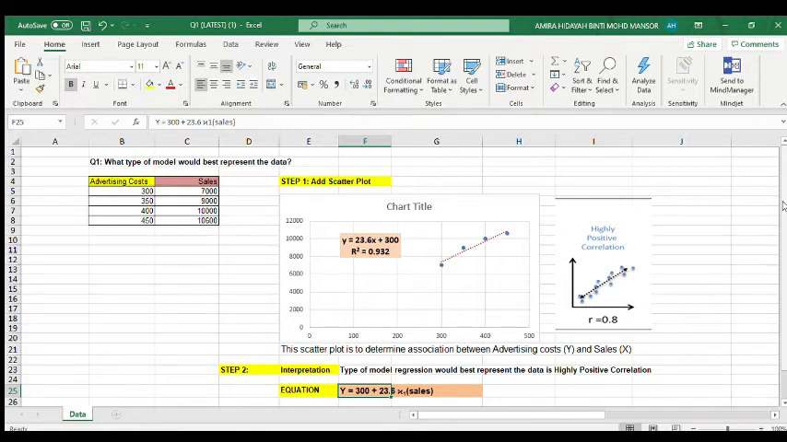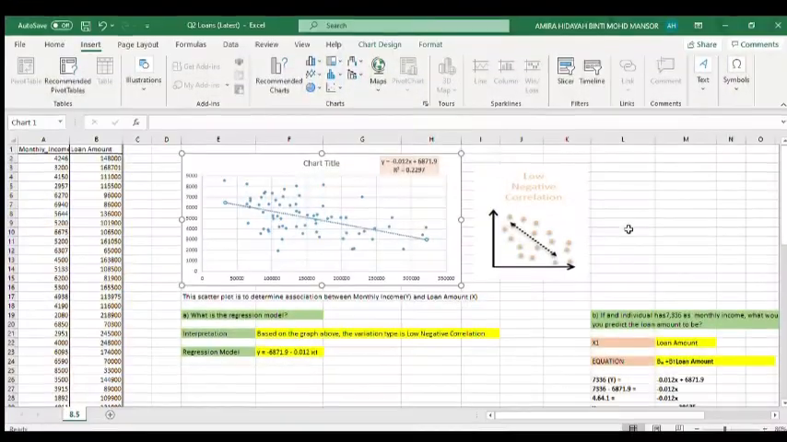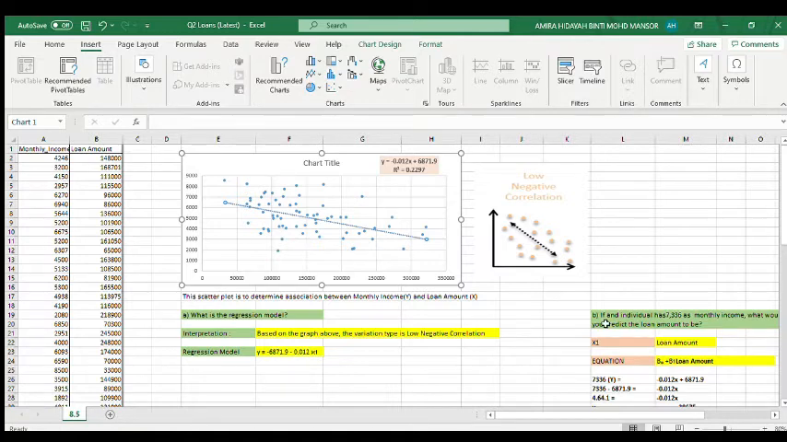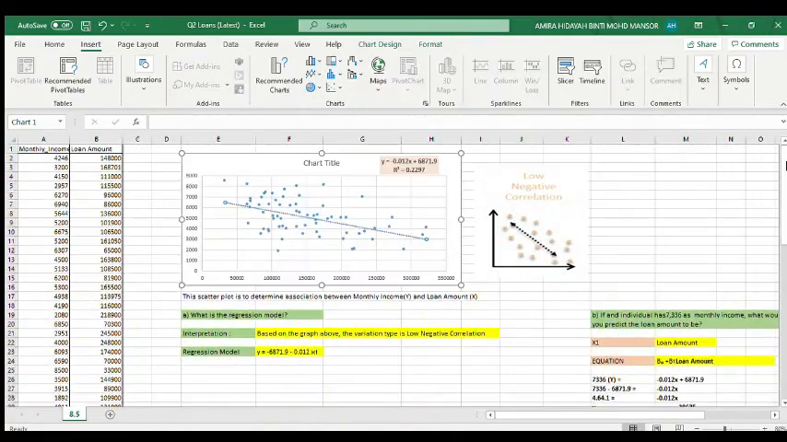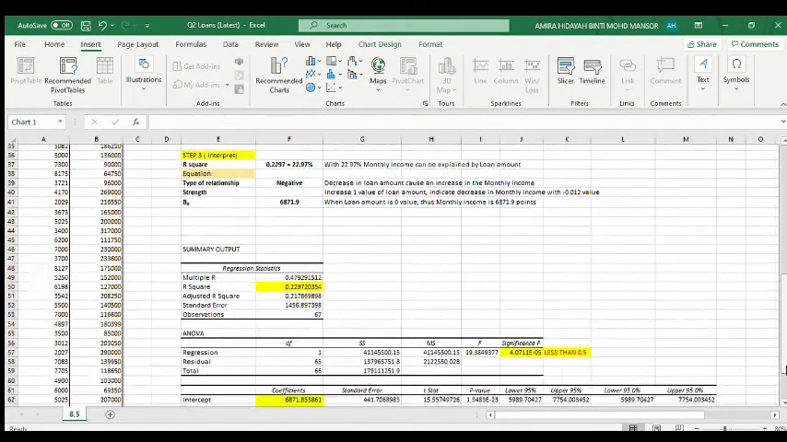Let's jump to question 2. You can see in question 2 we use the loan data, right? Of course, this is my answer. How do I get this? Let's focus. Further on, this is the question. What is this regression model? How to get this? Actually, we must drag this until the bottom,